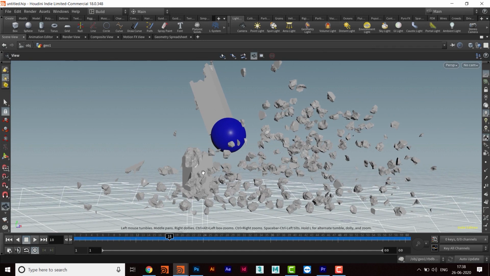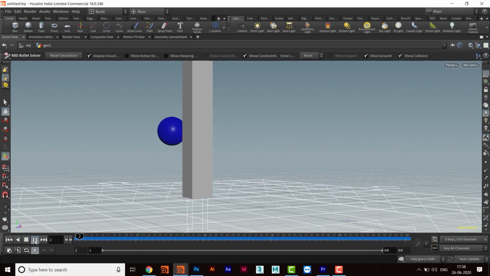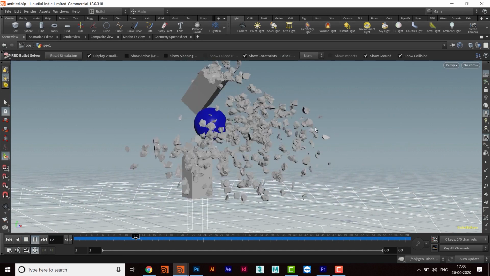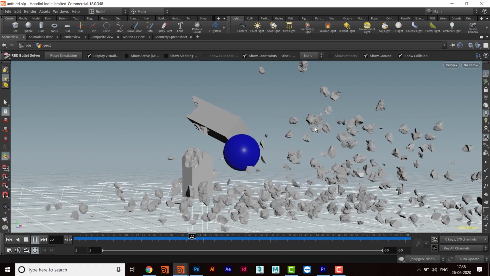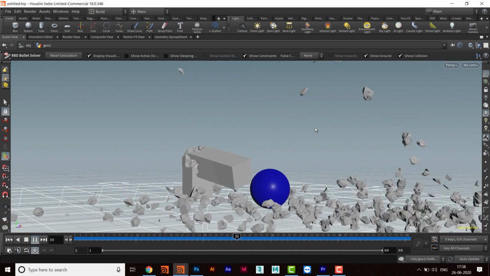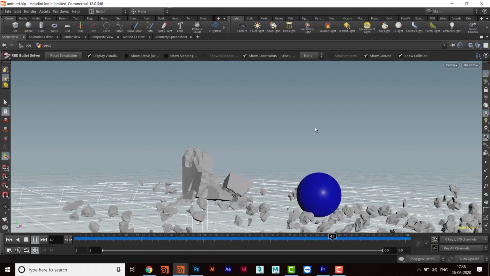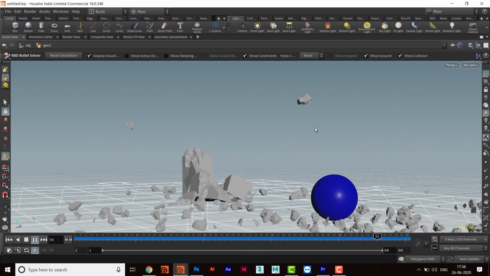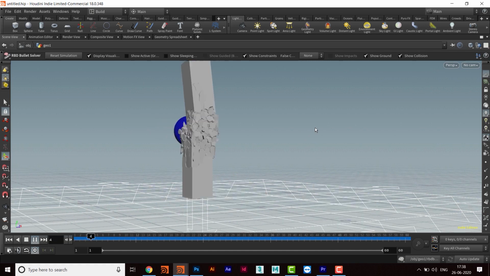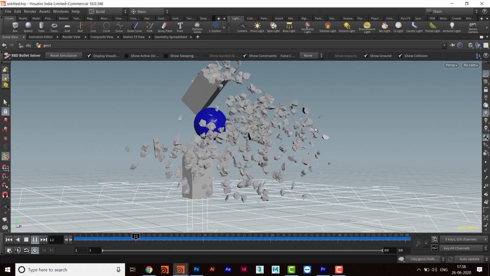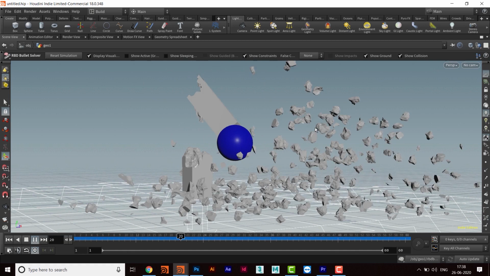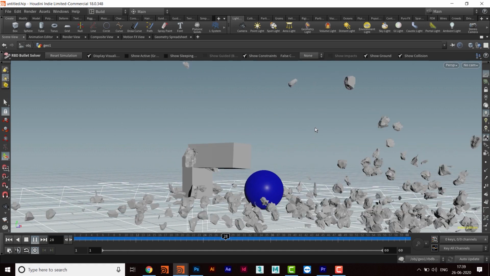So here is the simulation. Just have a look at this. Right now, most of the chunks are looking almost the same size, but we'll get to that in some other video. Here, I just wanted to show you some options on different kinds of nodes.